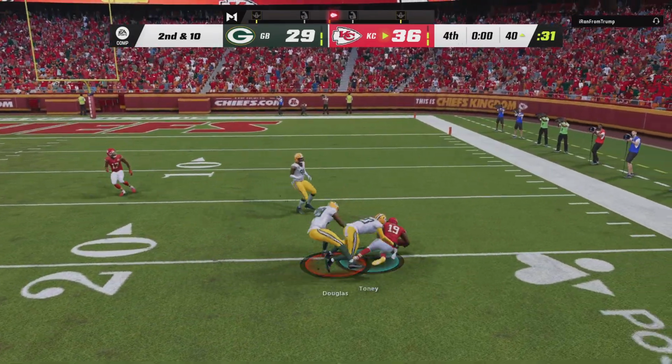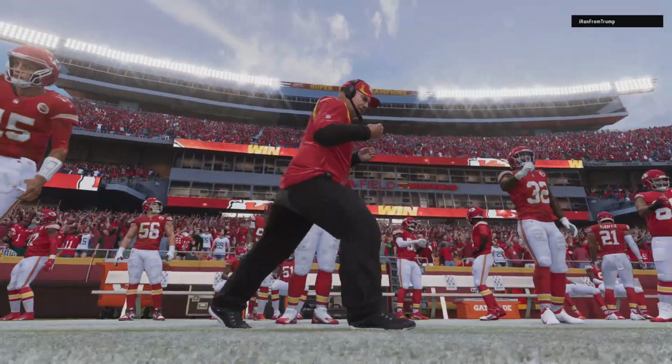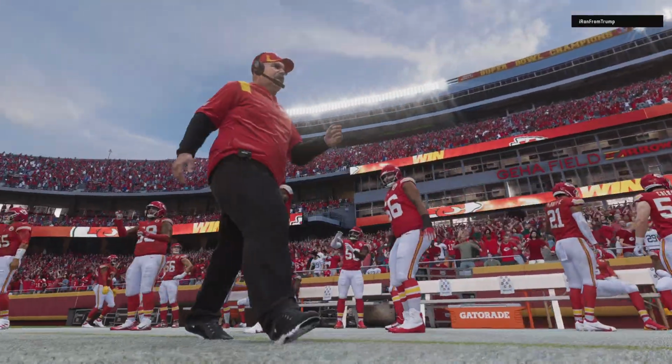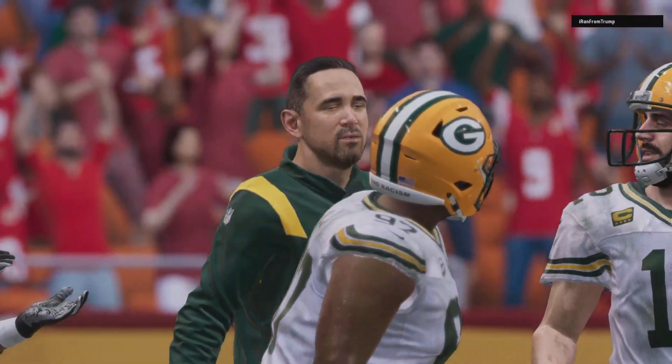Mahomes' throw caught by Tony. And this is going to result in another first down as the tackle's made at the Packers' 20-yard line. So this one in the win column for Kansas City. Charles, so for this losing